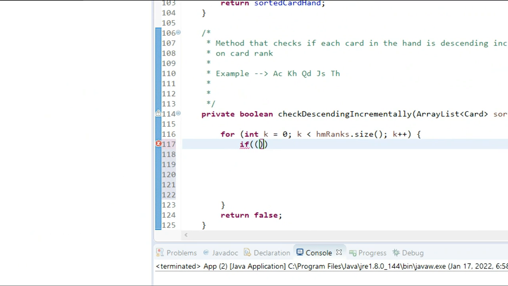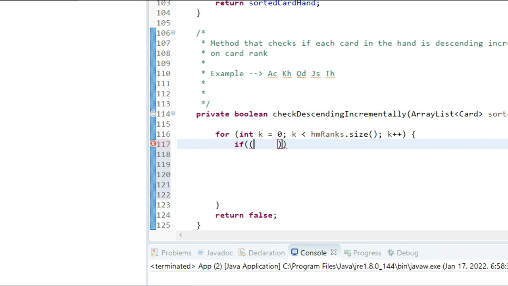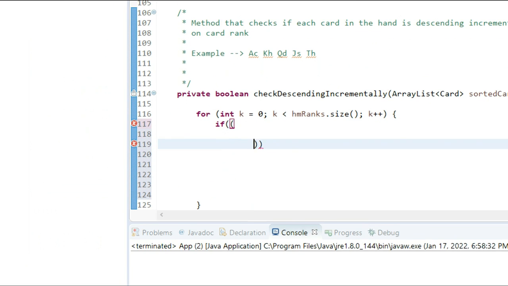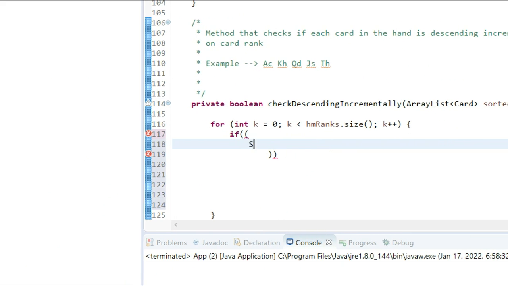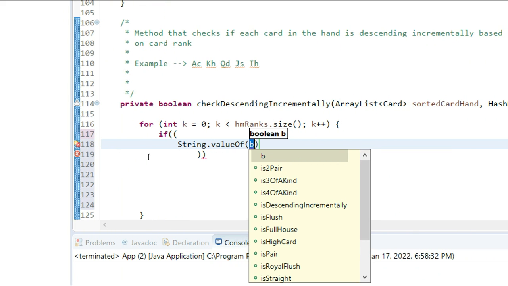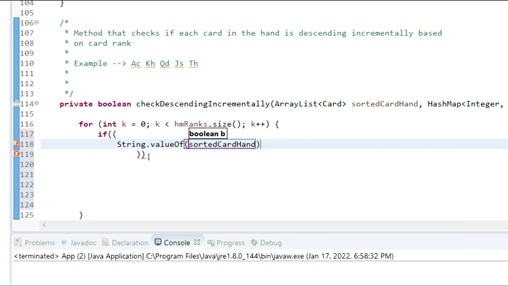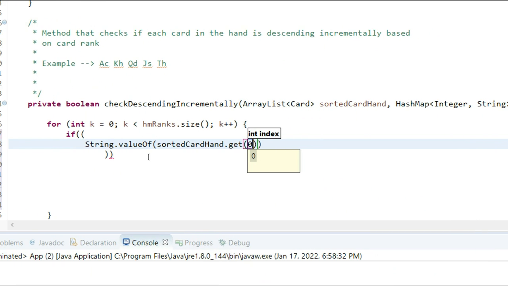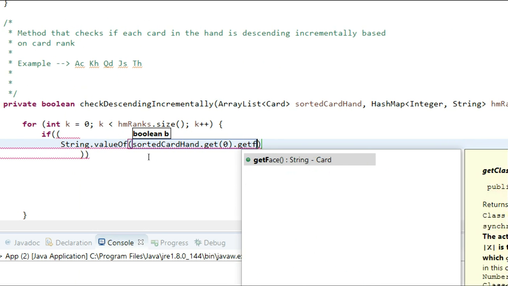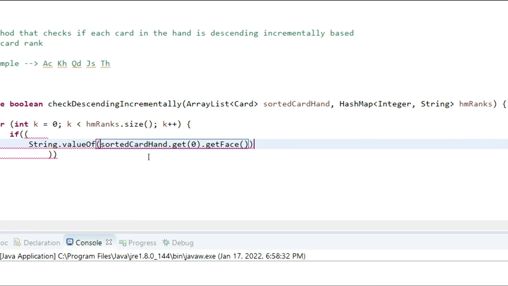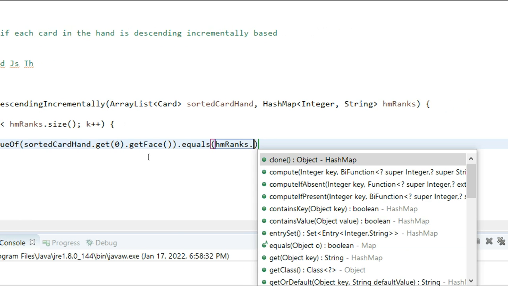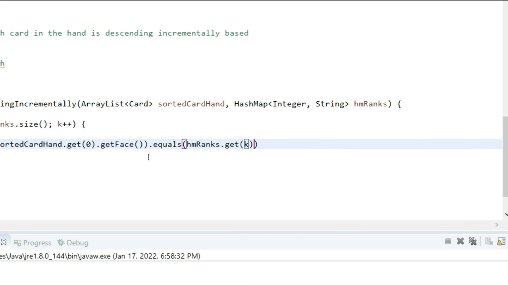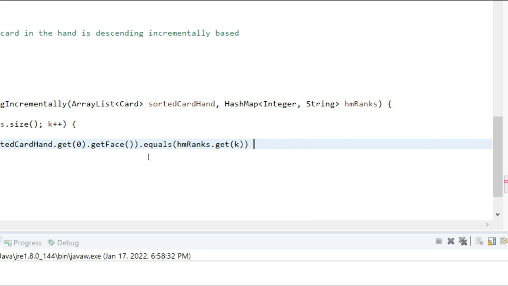It's just going to go: if String.valueOf(sortedCardHand.get(0).getFace()).equals(hmRanks.get(k)) and